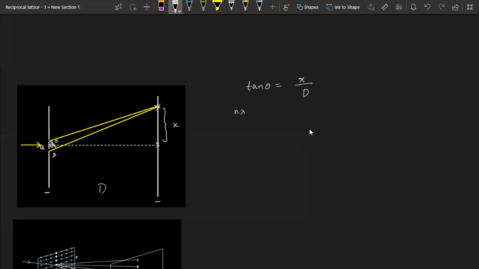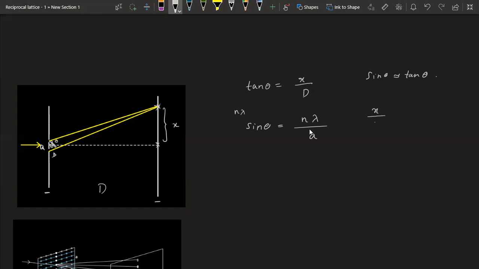So put it like that. So this sine theta from the small triangle is n lambda by a. Here we are observing this first maxima, so n should be 1. For small angles, if d is really large, this theta should be really small. So sine theta is approximately equal to tan theta, because tan theta is sin theta by cos theta, and cos theta is merely 1 for these small angles. So you will have an approximation.